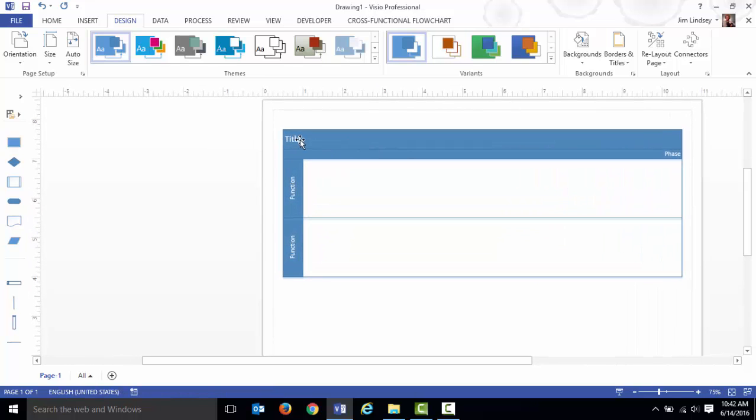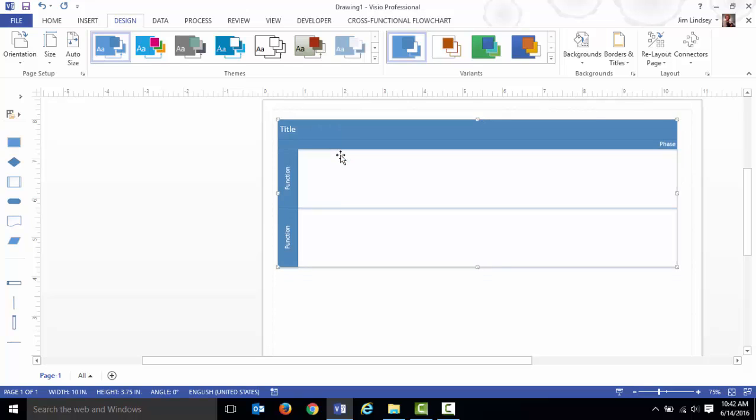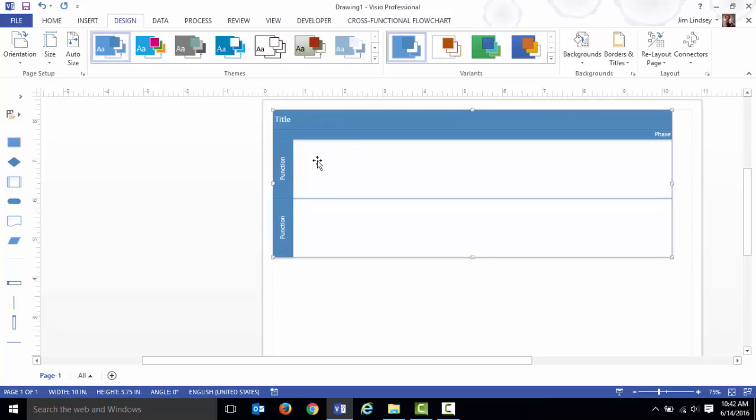We have the title that we'll add in here. We have the different departments that we'll be working with, and then we have the word phase over here. So we are lacking 2 different departments because there are 4 different entities involved in this particular process. We have the recruiter, we have human resources, we have the hiring manager, and we have the candidate who would presumably get the job. So let's add some swim lanes